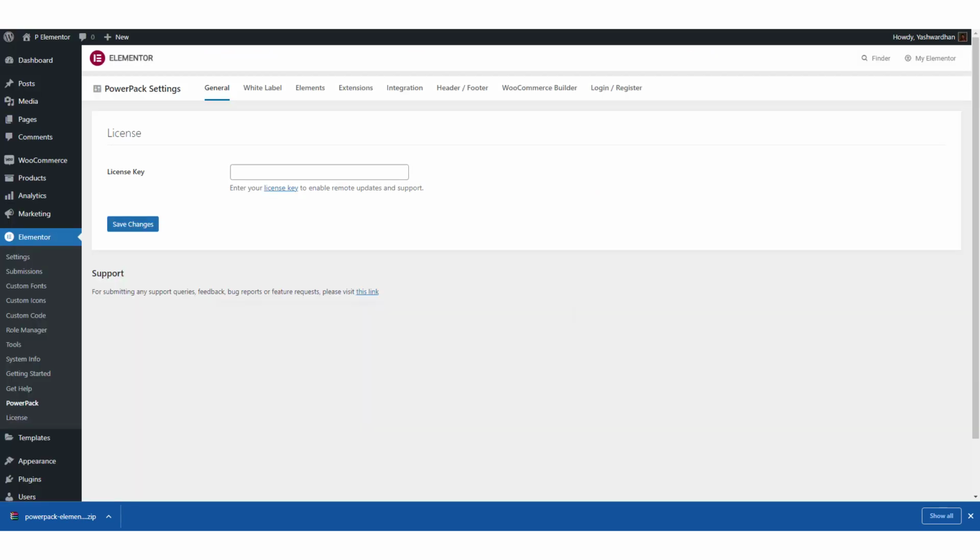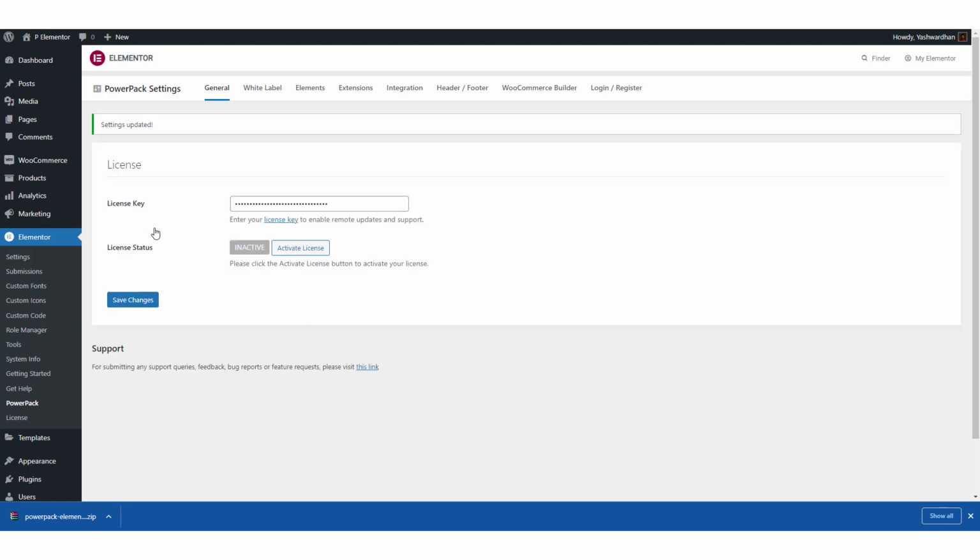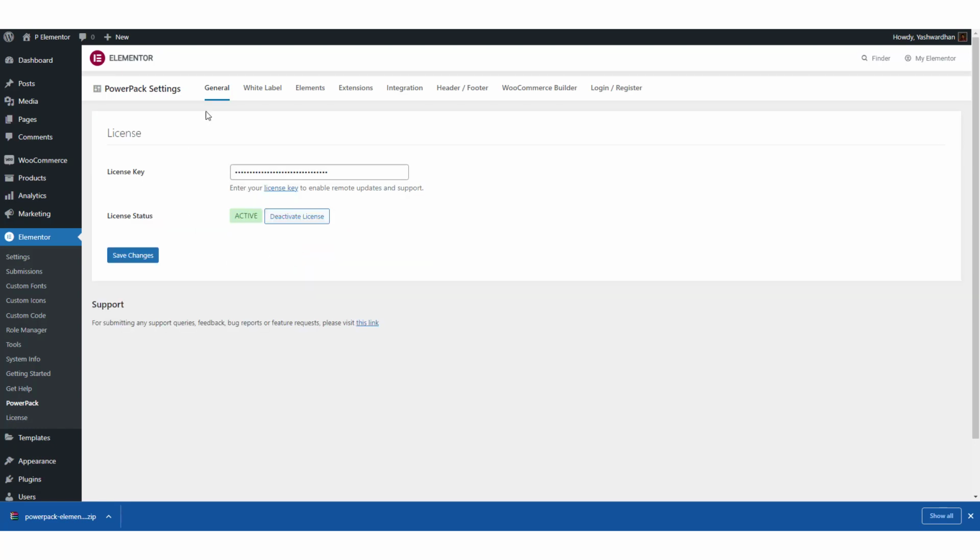Now go back to your website and paste the license keys and click on Save Changes button. Right now the license status is inactive. Click on the Activate License button to activate the license on this website. And with that, you have successfully installed PowerPack Elements add-on on your website, and you can start creating beautiful websites